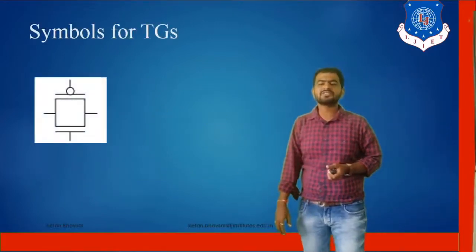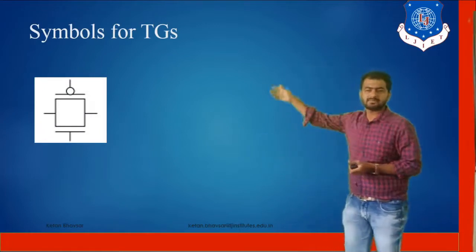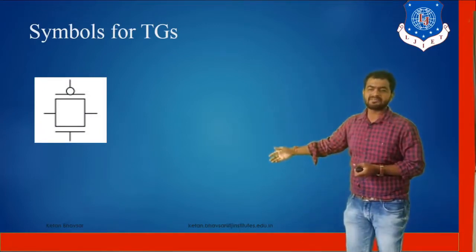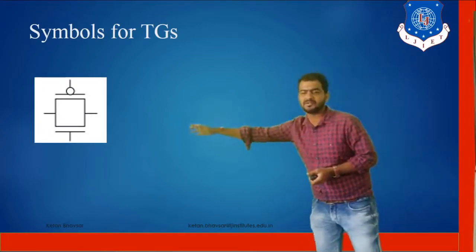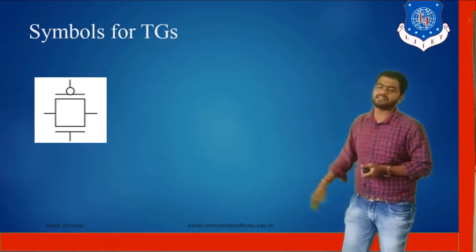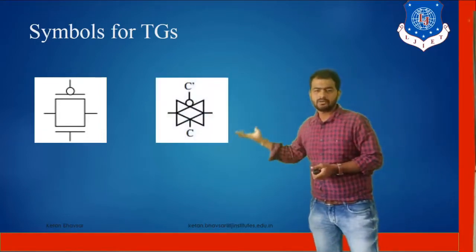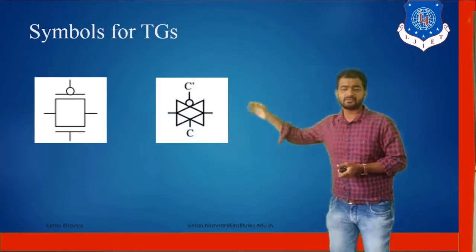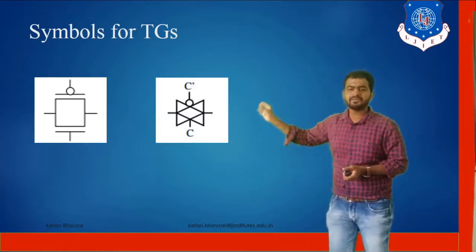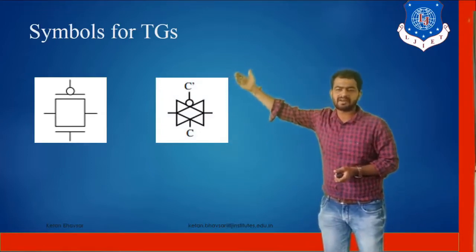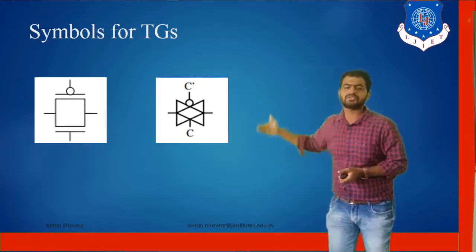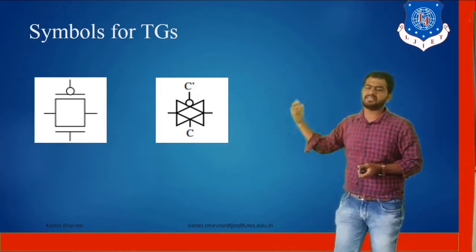So the symbol of the transmission gate, as you can see, is very clear. This bubble, and at the bottom side, as you can see, is a control signal. On the left hand side you can see the input, and on the right hand side you can see the output. So now the symbol also looks like this, with two arrows connected, and complementary means C bar and C. It's a control signal. A and A bar mean input and output.